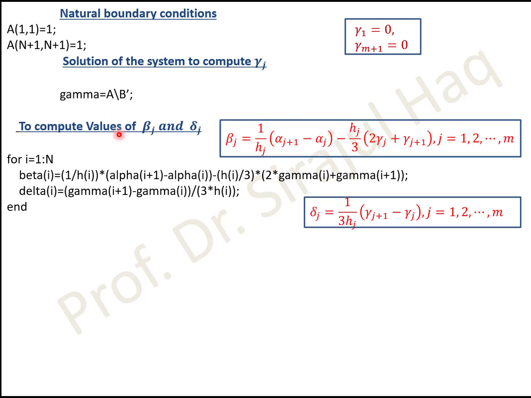Now you saw that you computed alpha i's, beta i's, gamma i's and delta i's, and that completes your spline. So what I am doing, I am plotting these splines in a single graph. First of all, I say clear figure. If there is any figure, it will clear that figure. If you don't clear that, it will replace that figure by the new figure again. If it is hold, that will be the double figures.